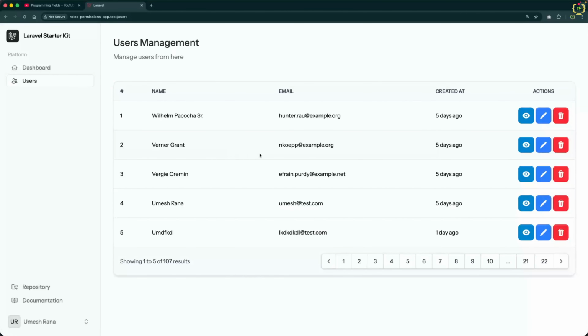I'm Umesh Rana, and in the last video, we built something super powerful, a reusable table component in Livewire 3 with Laravel 12 Starter Kit. We added sorting and pagination inside a single dynamic table component, and that way we stopped repeating the same table code across multiple pages. Now in today's video, we are taking that same idea of reusability and applying it